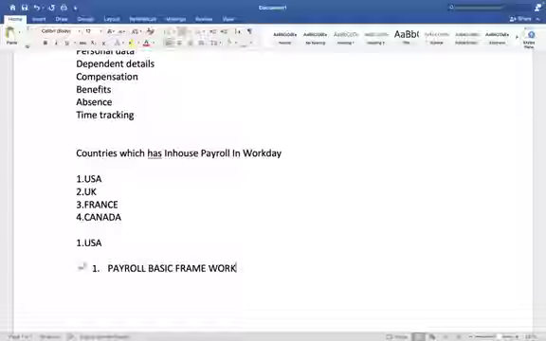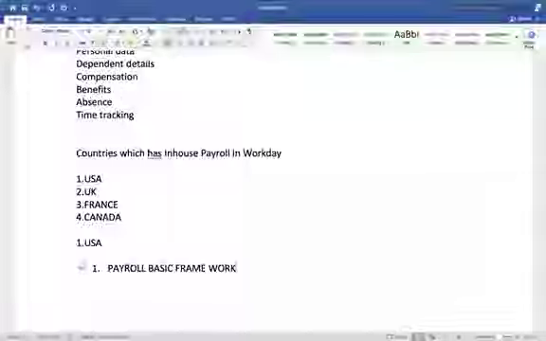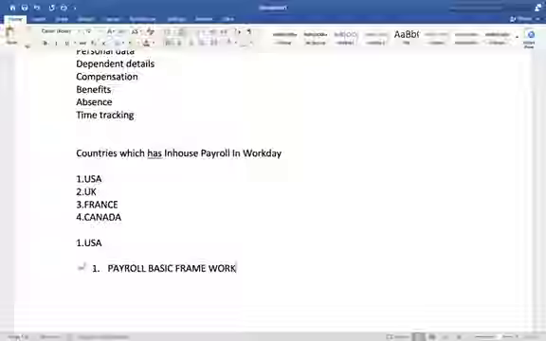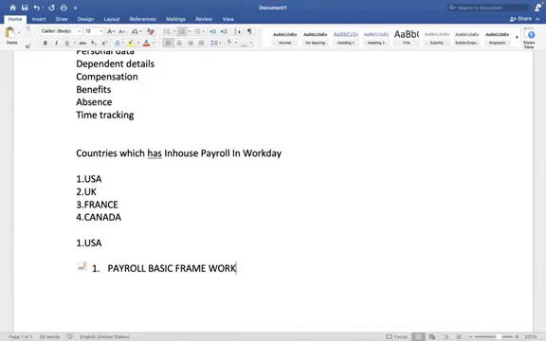What I understood is we can configure the four country payrolls that you have mentioned on the screen without any extra vendor's help. And if we want to configure any other countries, we need to take the help of a third party system, which is the external payroll. Excellent, ma'am. True. Now let's start our overview of the first chapter. The first chapter is